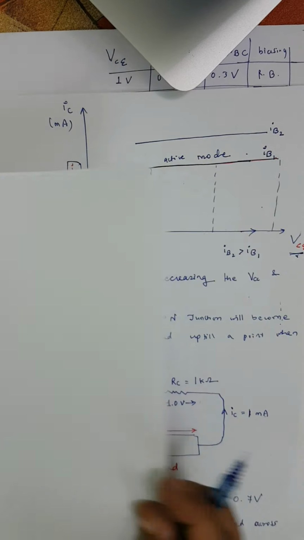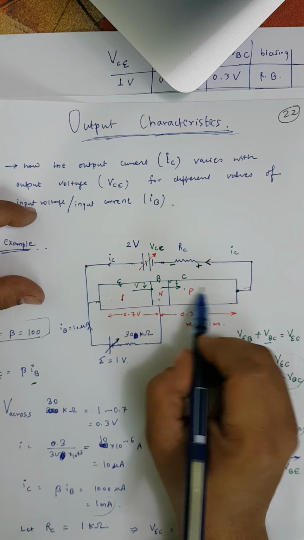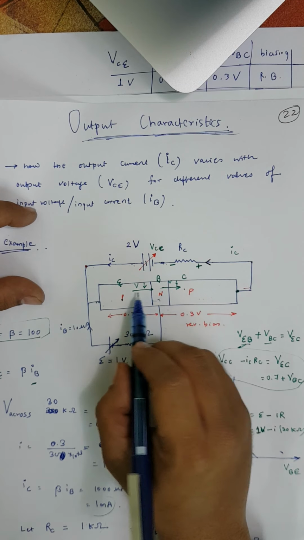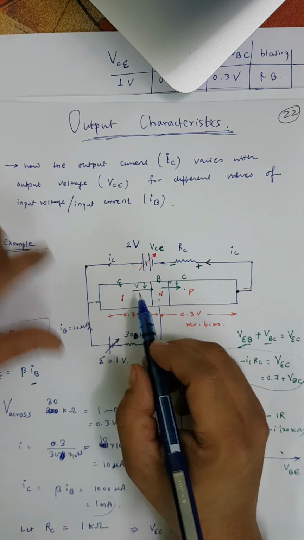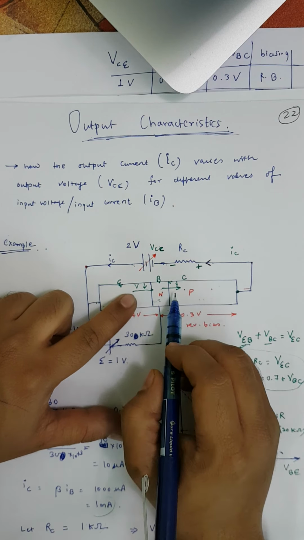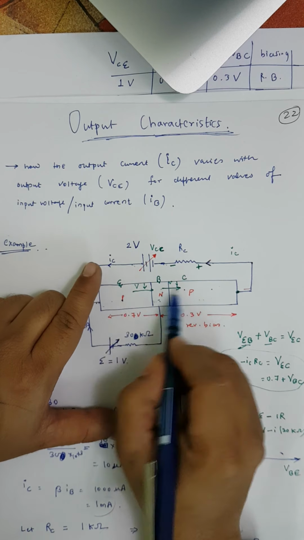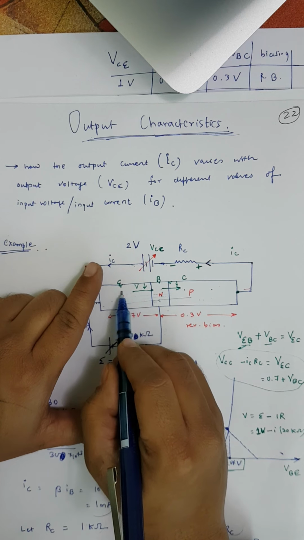If this becomes more and more forward biased, it will repel more and more the holes coming from here. Previously when it was reverse biased, irrespective of how much we were reverse biasing, it was attracting all the holes which are diffusing from